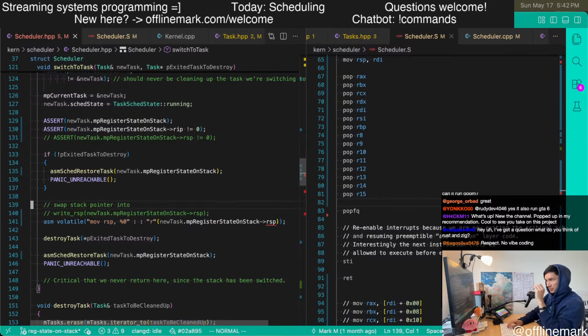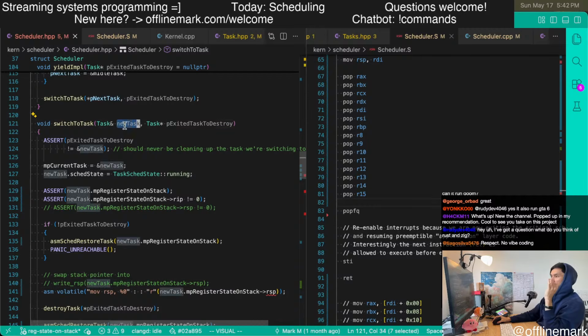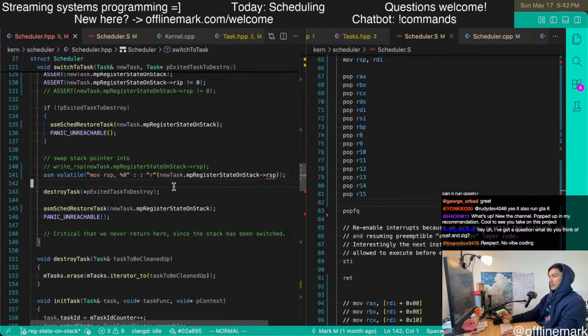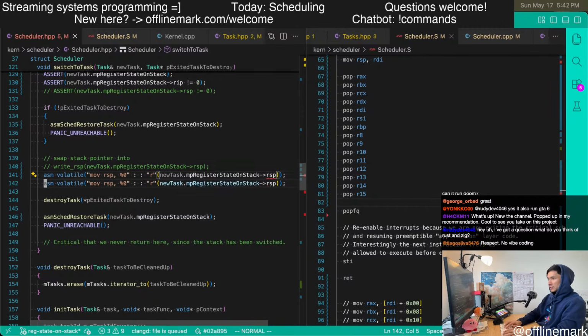And that's what we're seeing here. We're in switch to task, and we have a new task and also a pointer to the exited task to destroy. If we have something to do a deferred cleanup, we want to swap the stack. And this is kind of interesting. I'm a little bit unsure, but I think it might just be this.